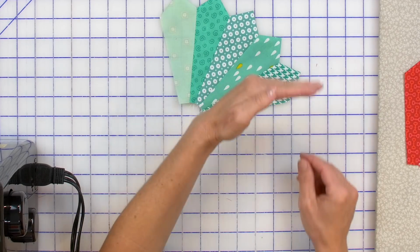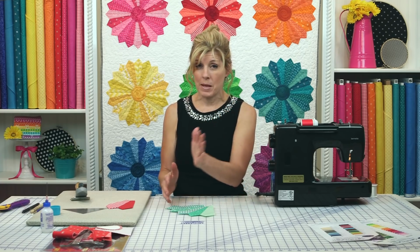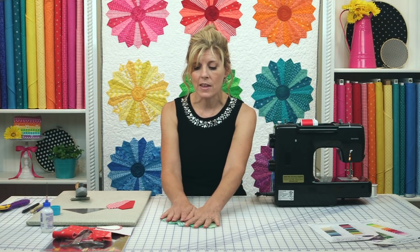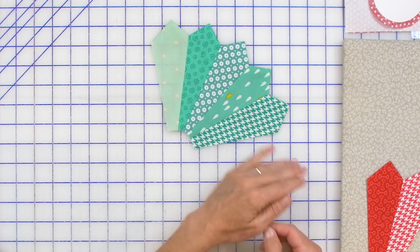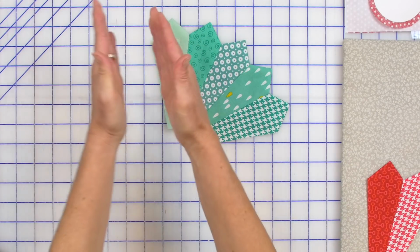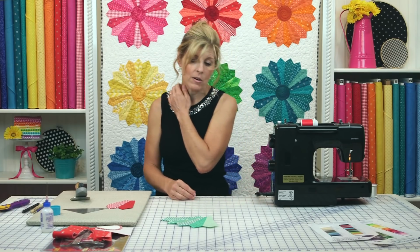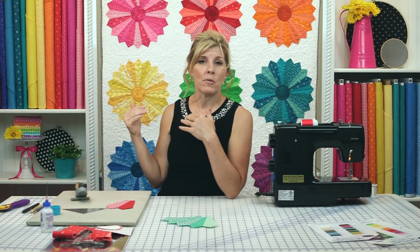Don't keep just adding on to the first one. You will eventually get maybe a little bit of distortion. So I want you to put this together in 4 sections of 5, and then sew 2 of those sections together, the other 2 sections together, sew that together top and bottom. So that makes sense. Now you'll cut your background piece,